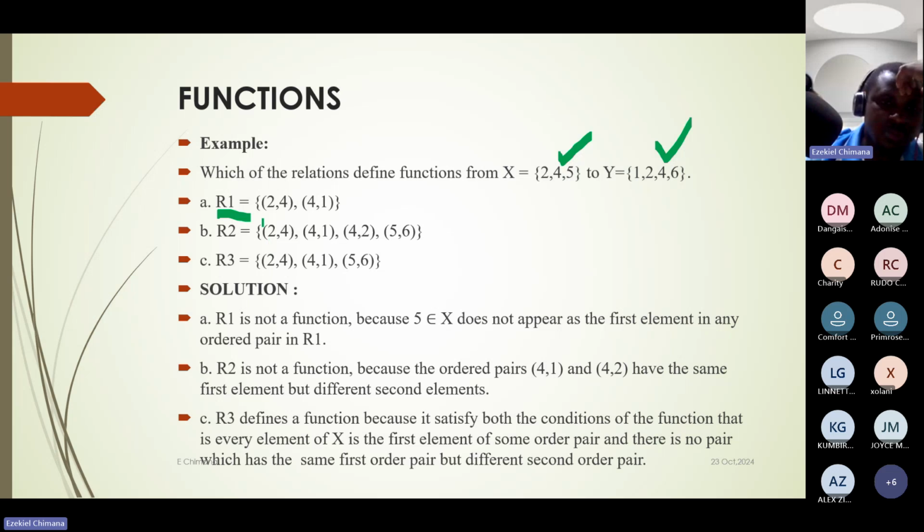It's just the same as this relation on R2, where we've got (2, 4), (4, 1), (4, 2), (5, 6), as well as on R3. So if you look at the solution here, we are looking at A, which is R1 first. We are saying this one is not a function. Why? Because 5 is an element of X. If you look at it, 5 is part of the domain, but it does not appear in these ordered pairs,